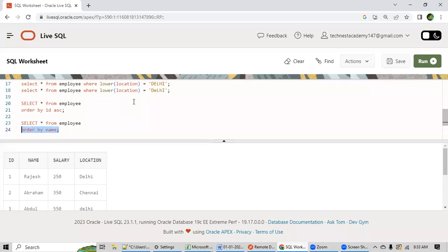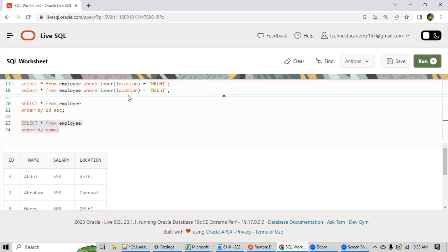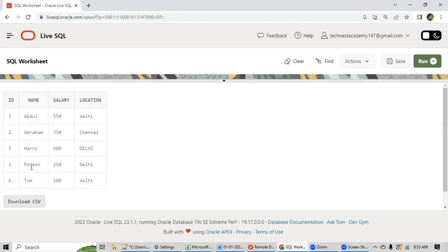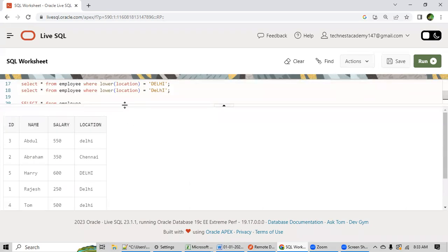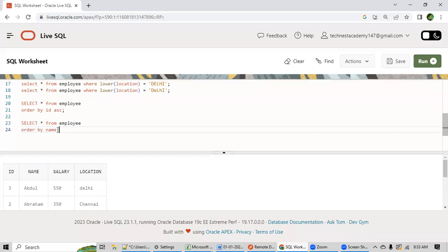So I'm running this query. Please verify the output. Is this sorted in ascending order based on the name? Yes. Similarly, if you want to sort this in descending order, after name just write DESC.